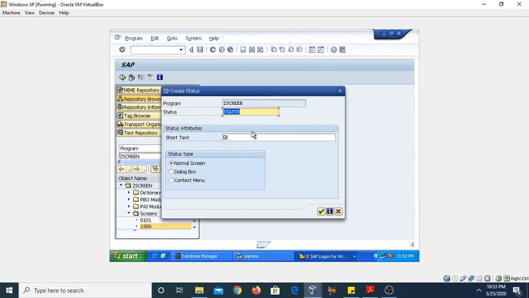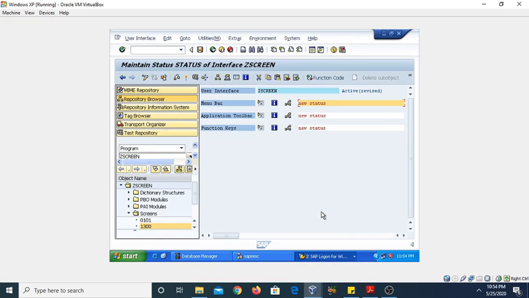Yes, short text you can give. This is our new status. You can also choose here the status type: normal screen, dialog box or context menu. So in my case I am selecting here the normal screen and then okay.